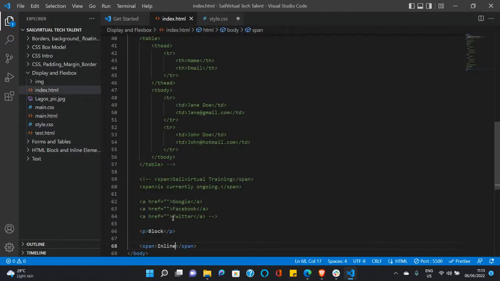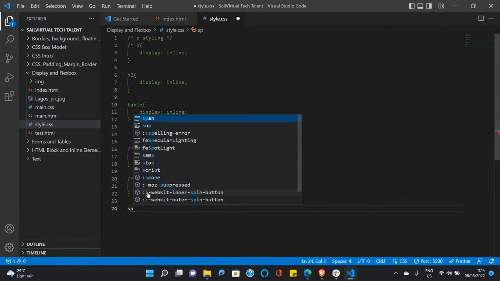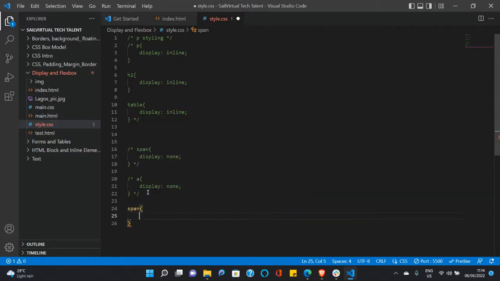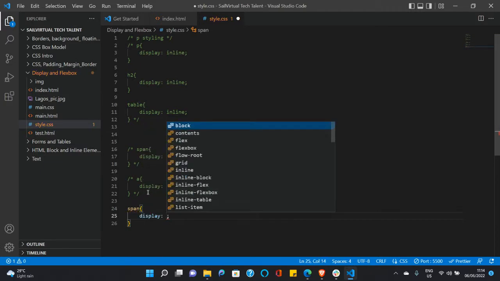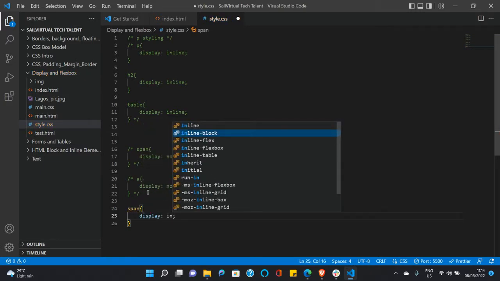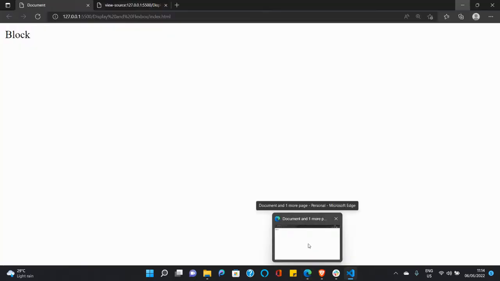So here we have a block element and an inline element. We'd have the inline be inline block, which is the span element. So the display here will be inline block. Now if we save this and go back to our browser,